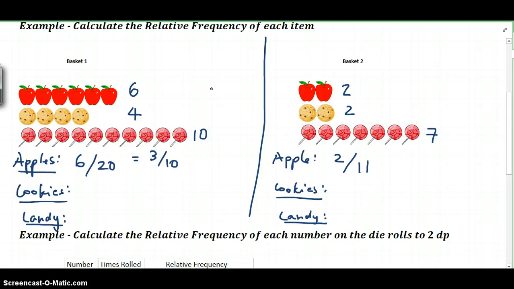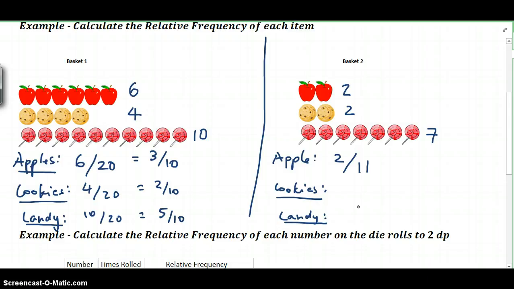Alright, now that you've unpaused that, let's have a look at the cookies. So how many cookies do we observe? We observe 4 out of the 20. And we can halve 4 and we can halve 20, so that reduces down to 2 out of 10. And for our candy, we see that happen 10 out of 20 times. Or in other words, that reduces down to 5 out of 10, because we can halve 10 and we can